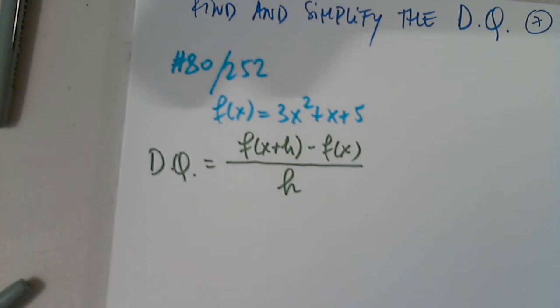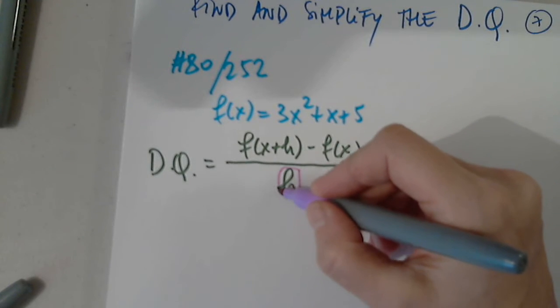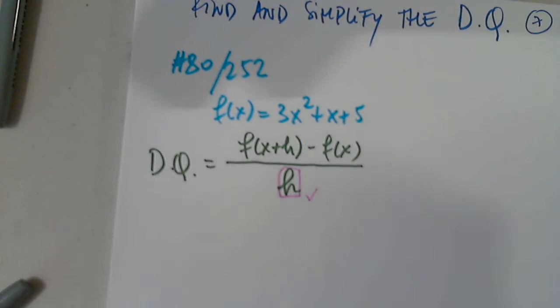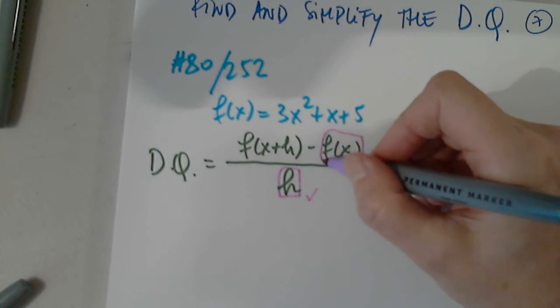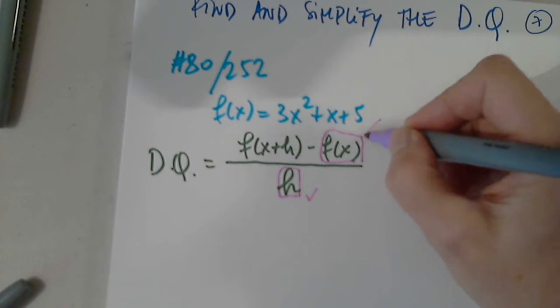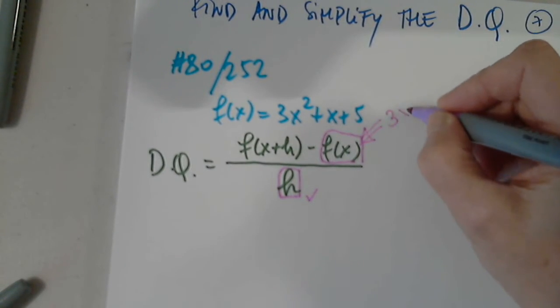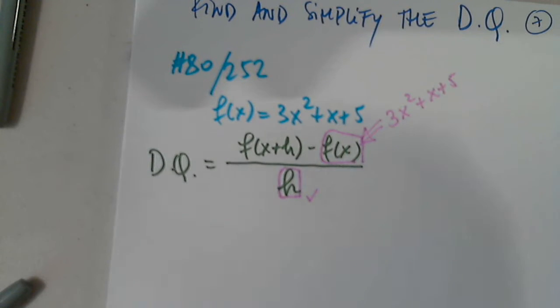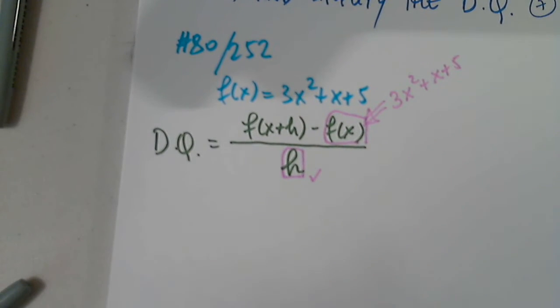Anyone wants to say anything? I don't know. Okay, well, this is just a little letter. There is nothing I can do to it. This is very clear. How come? It's right here, right? So this is 3x squared plus x plus 5. Done. So then the only one that I have to work on is not this, but